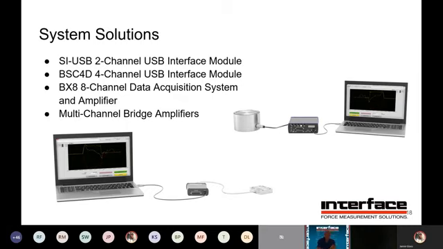So system solutions, we have the ability to take products like an axial torsion load cell and combine it with our SI-USB, that's a 2-channel USB interface module, and provide you with this scaled together to work right when you get it from the get-go. Our model BSC4D, same thing, it's a USB interface module. We can put that with our model 3AXX load cells and give you straight interface to your PC, giving you logging, graphing,